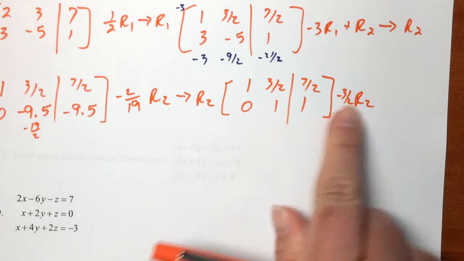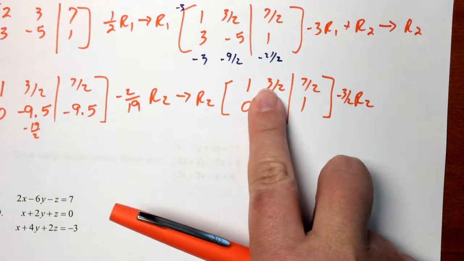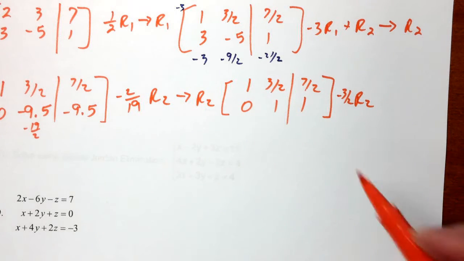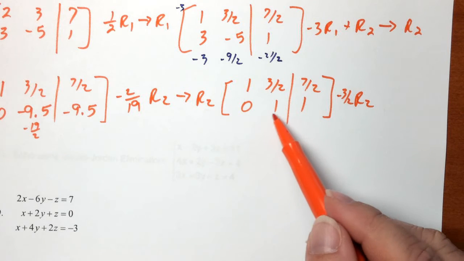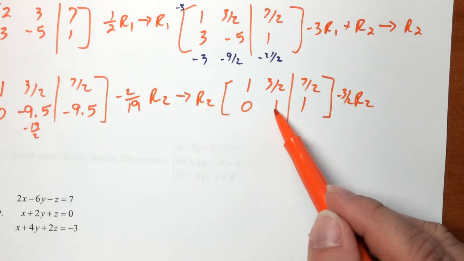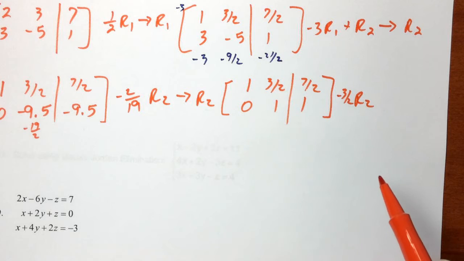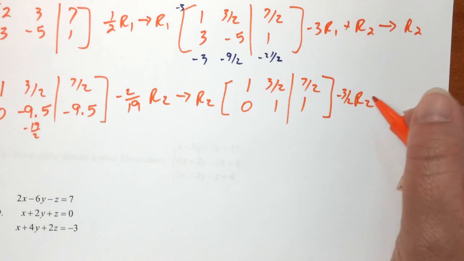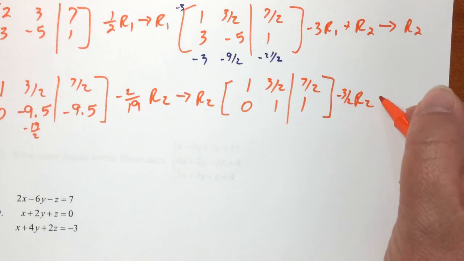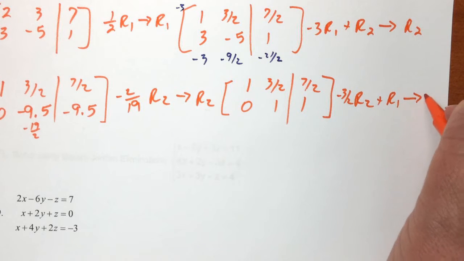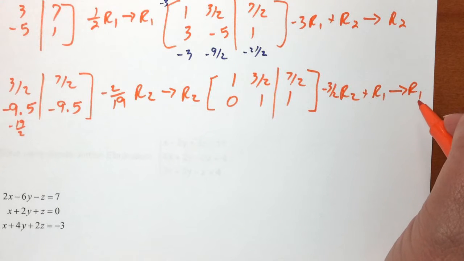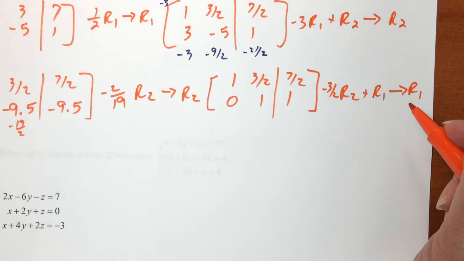Okay? Because 1 times -3/2 is -3/2. That will cancel with the positive 3/2 here. So remember to get your 1s, multiply your pivot row, the row here that had the 1, by the opposite of what you're trying to get rid of. So -3/2 times row 2, add it to row 1, and stick the result in row 1. Okay? When I do that,